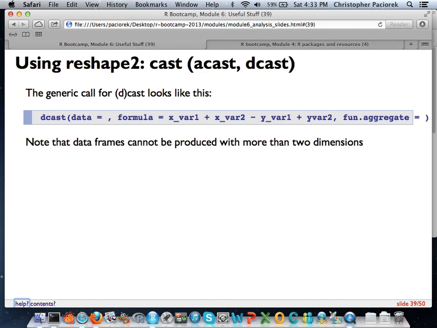Obviously, it's not going to be able to identify just one value for each one of the intersections in this table. So unless you're casting every single identifier variable, this cast function is going to need some way to take these X amount of values that satisfy the criteria you've put in and come up with just a single value to put in the intersecting cell between the column and the row.